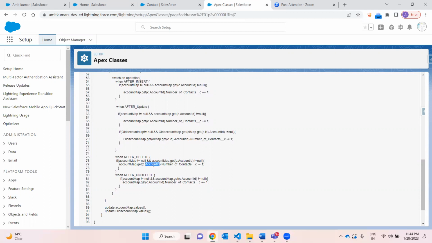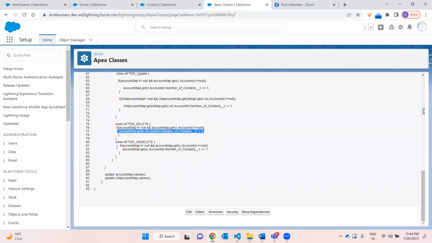So I will get that record. Whenever I write this line, map dot get c dot account id, it will return the account record. Then dot field name means it will return the account object, dot field name minus equal to 1. It will decrease the count. And similarly, after undelete,